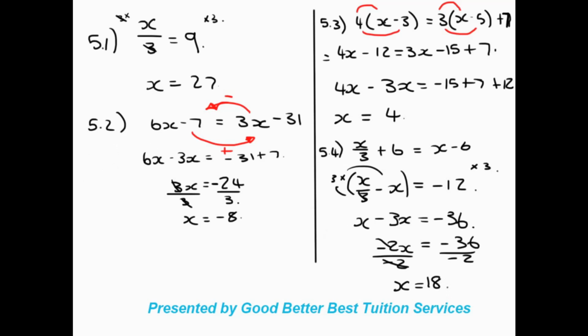Hopefully you've gotten all right up until this point. Otherwise, I hope you've seen where you went wrong. And now we'll move on to the last example, 5.5, where they say negative 4,